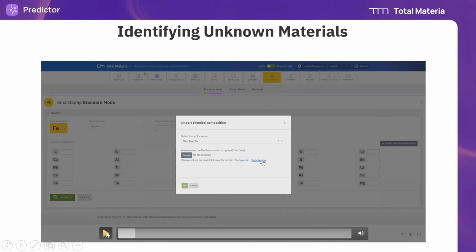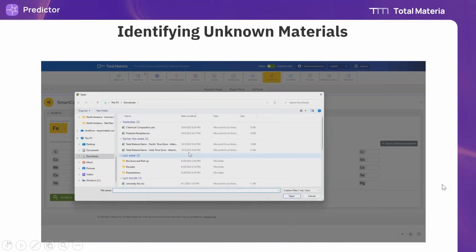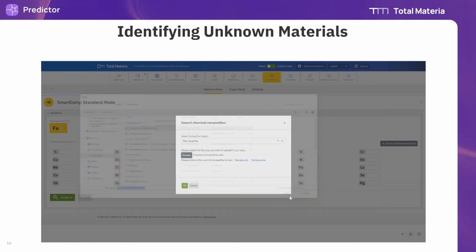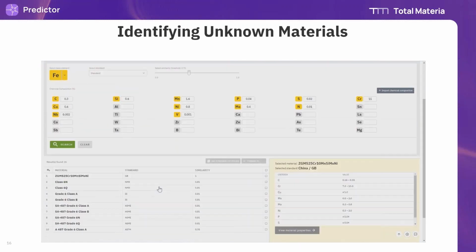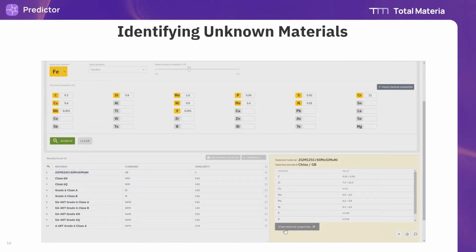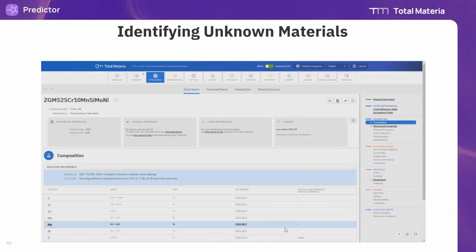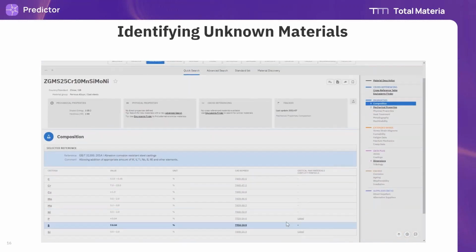So what I showed here, first I want to identify material. I'm going to use my chemical composition there. And I'm going to quickly first use Smart Comp to see if this material is identifiable. I did identify the material, great, similarity 100%, but unfortunately I only have composition data, mechanical properties, and no physical